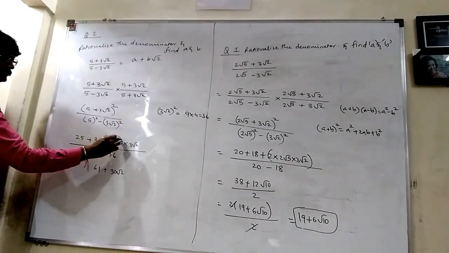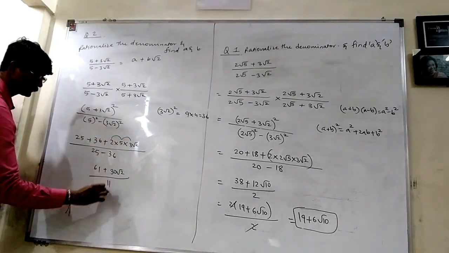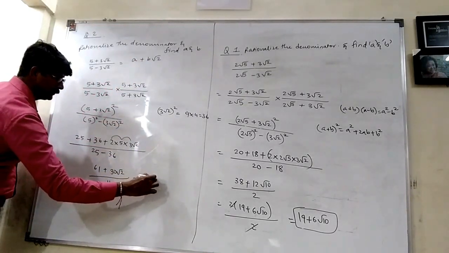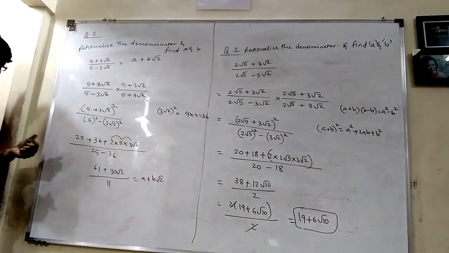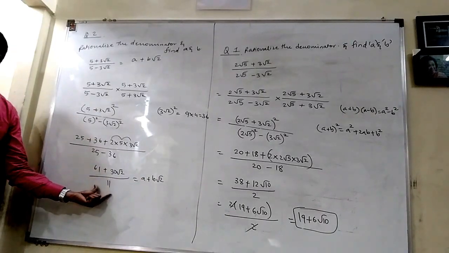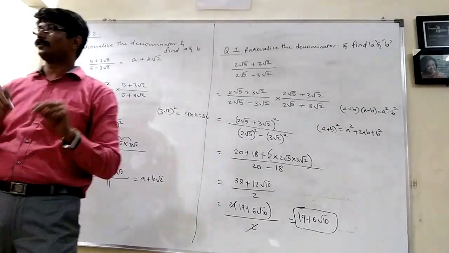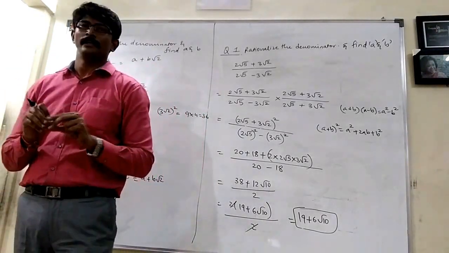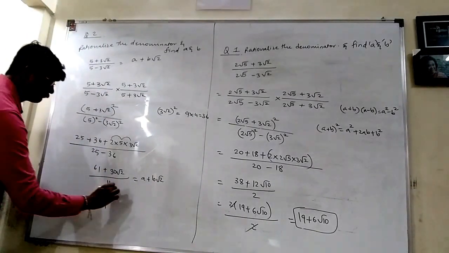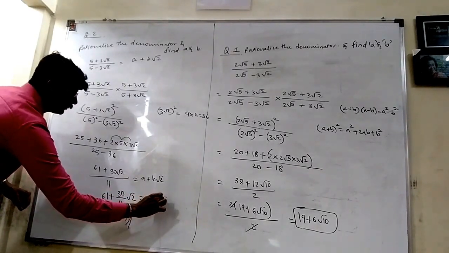I hope you understood this. 2 5s are 10, 30 root 2. So that's 30 root 2, and in the denominator it's 11. And that is also what we have been given, a plus b root 2. Now understand, student, over here this is a plus b root 2, and over here it's something a plus b upon c. So what we will do, we will separate the numerator. So how do we separate? 61 by 11 plus 30 by 11 into root 2, which is equal to a plus b root 2.